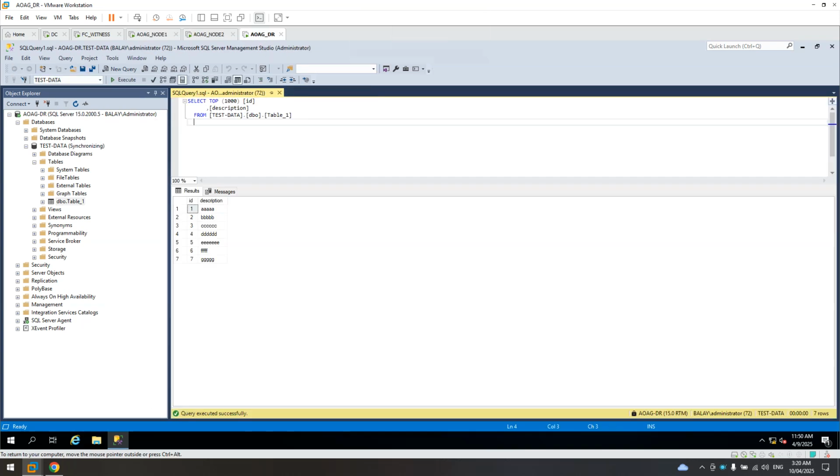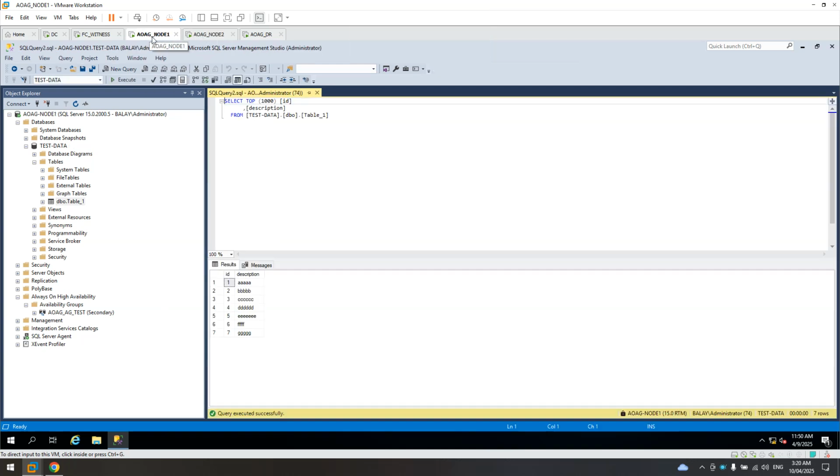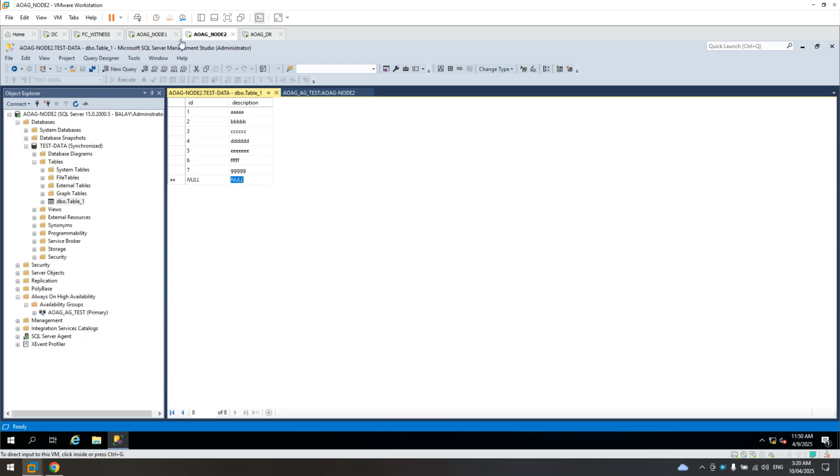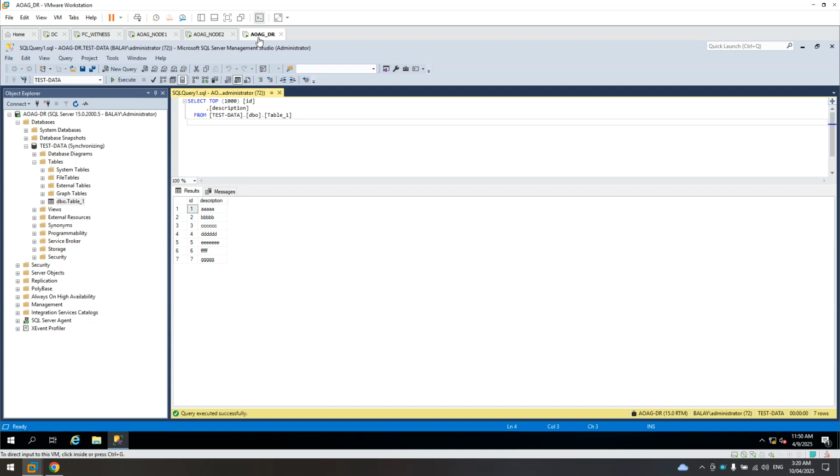In production, you need to set the firewall properly. It's not recommended to disable the firewall. Just allow the port 1433 in both nodes. For node 1, allow node 2 and DR, and for node 2 allow node 1 and DR, and in DR allow node 1 and node 2. That's it.